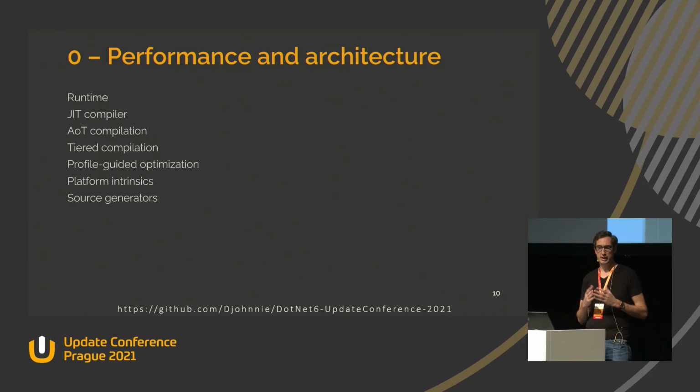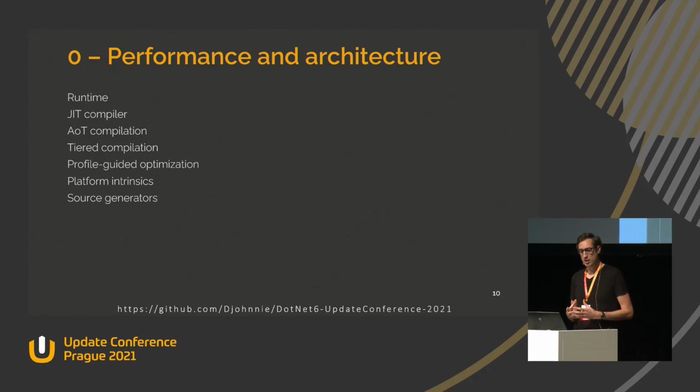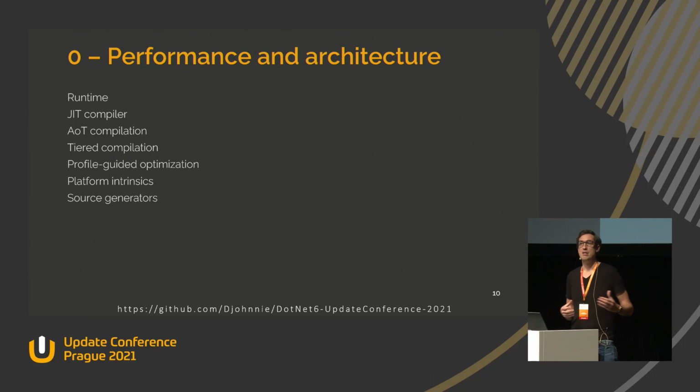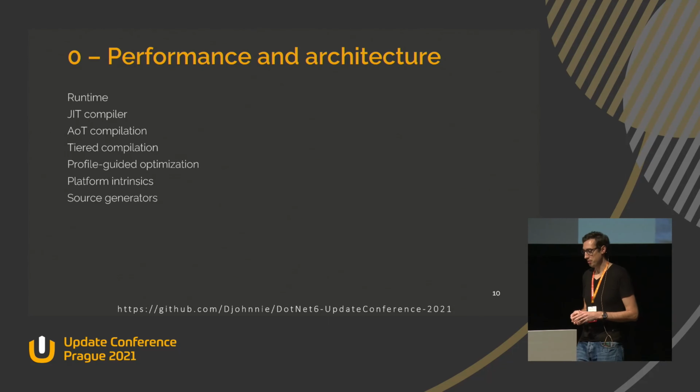So first, something to talk about. I can't show you this, but Microsoft really put a lot of effort into increasing the performance and the architecture of the .NET platform. So basically, they completely rewrote the runtime. They already did that for .NET Core. They wrote their runtime from scratch. The runtime is the base class library, but it's also the JIT compiler, and they also redid the JIT compiler from scratch, and they even improved it more for the .NET platform in .NET 5 last year and in .NET 6 this year. They introduced all kinds of techniques to increase the performance.